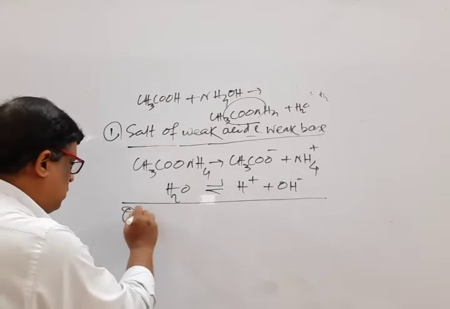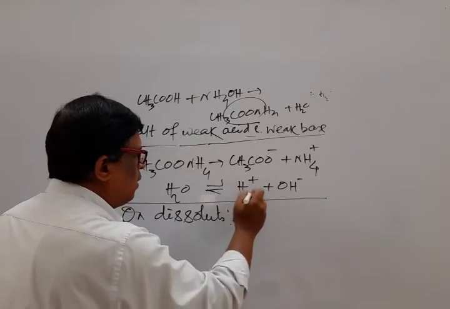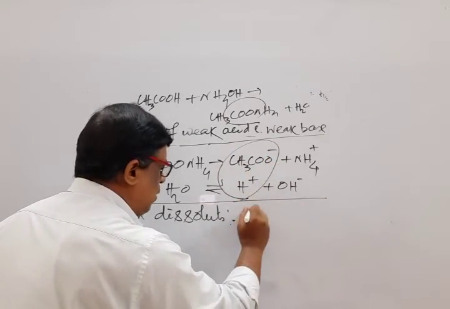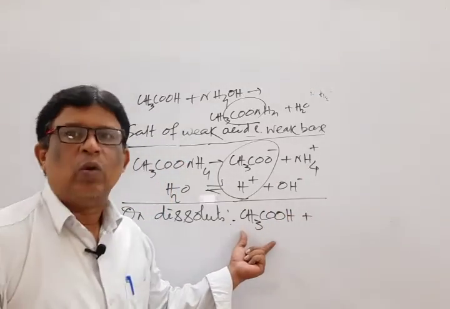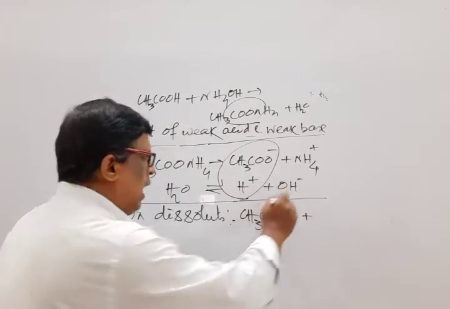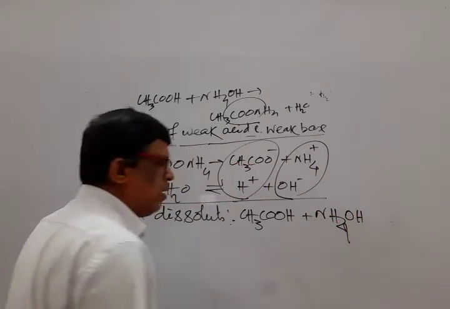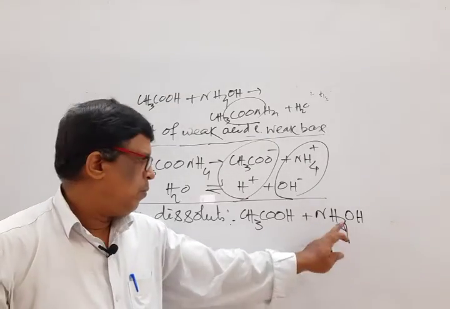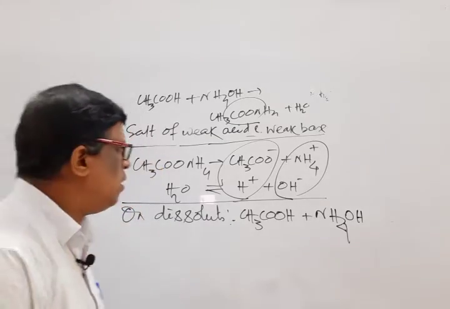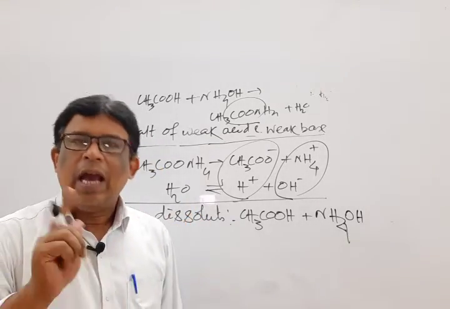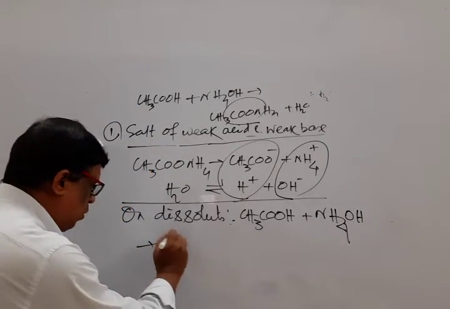Okay, on dissolution, mark that, there is the interaction of oppositely charged ions to form acetic acid, and as it is a weak acid, weak electrolyte, it remains as such. Also there is the interaction of oppositely charged ions to form ammonium hydroxide, and as it is a weak base, it remains as such. So what do we observe from this? Both cation and anion of the salt interact in this process. So it is known as both